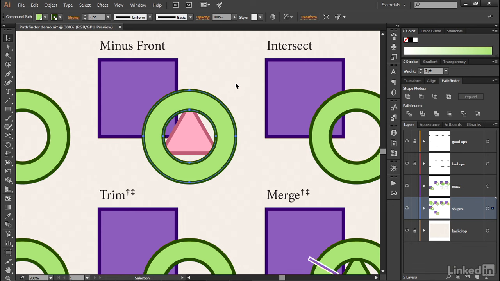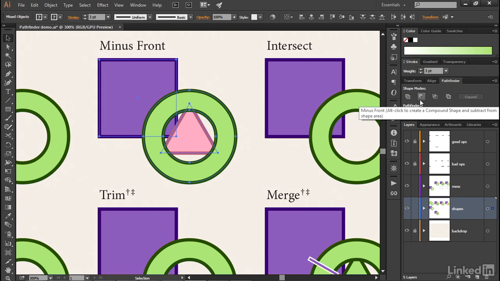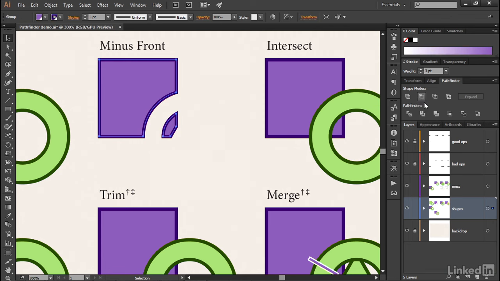Notice this time we have three shapes. We've got the green ring, we have this pink rectangle, and then we've got the purple square. I'm going to partially marquee all three of them and click minus front. Now, the thing to know about minus front is that it subtracts multiple paths from the rearmost path outline. So only the rearmost path survives. So notice when I click the second icon, I subtract both the green ring and the pink triangle from that